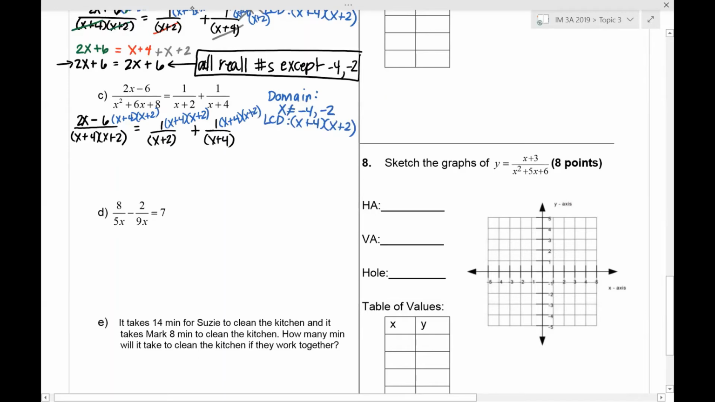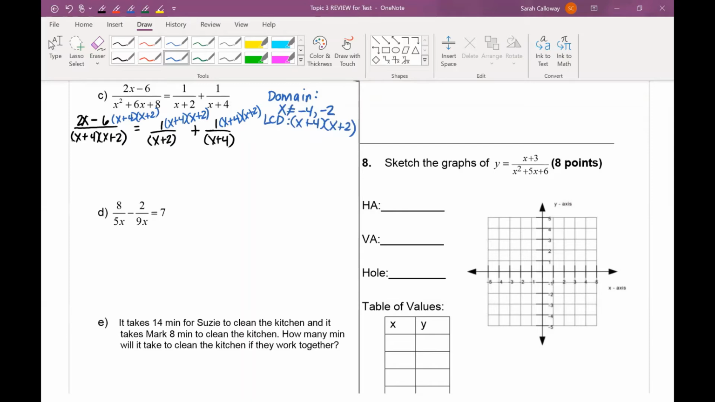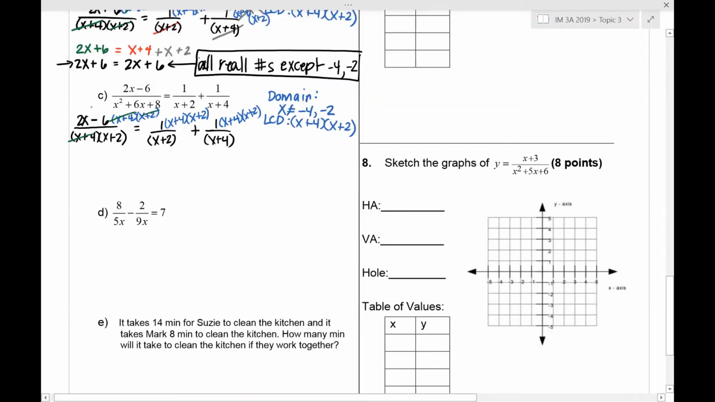So for the first fraction, we've got x plus 4 that reduces and x plus 2 that reduces. So we're left with 2x minus 6. That's going to be equal to, for the second fraction, x plus 2 reduces. So 1 times x plus 4 is just x plus 4. And finally, if I add the last one, x plus 4 reduces with x plus 4. So I've got 1 times x plus 2, so plus x plus 2. So looking at this, if I combine like terms, I've got 2x minus 6